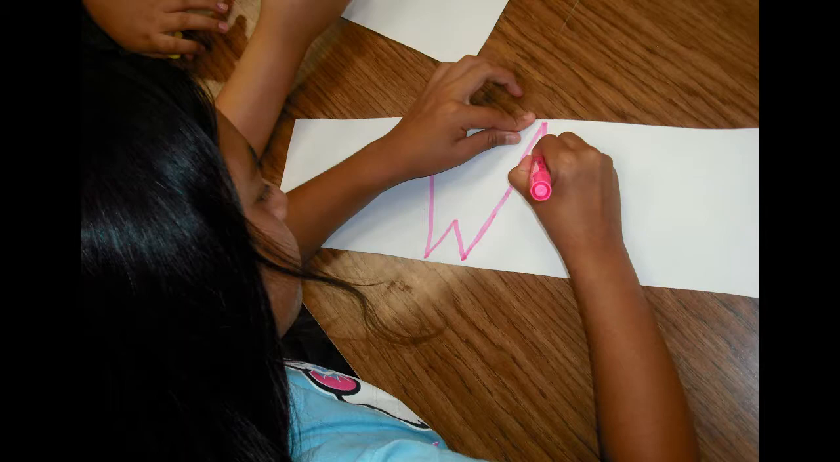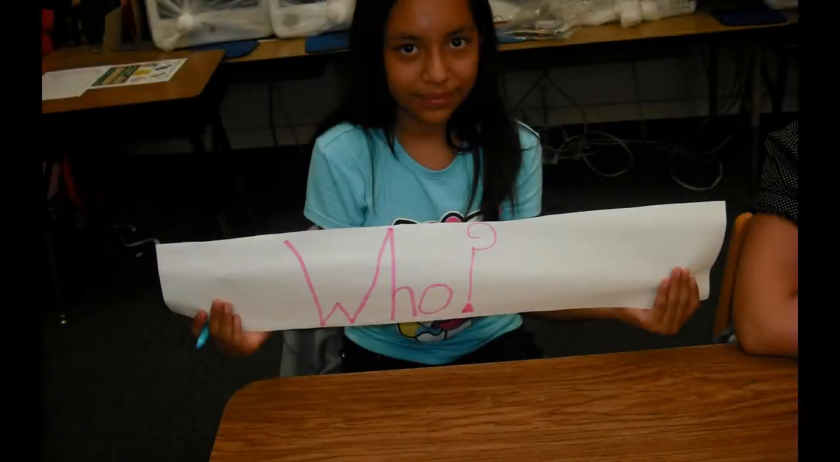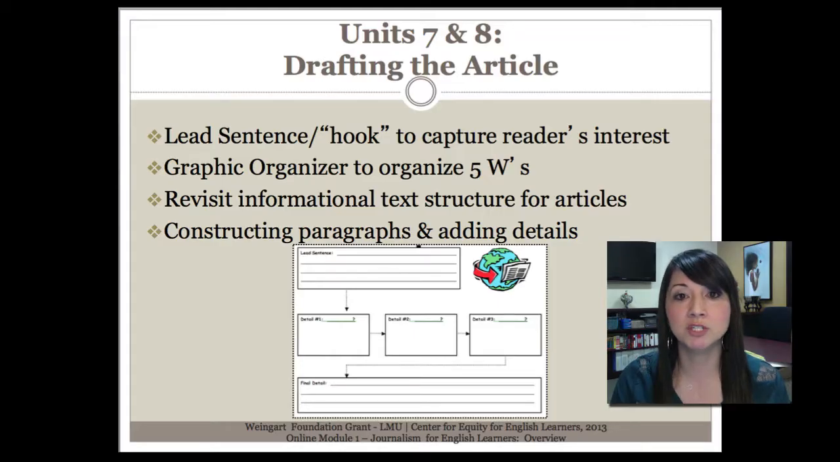In Unit 8, students use a graphic organizer to organize their ideas. This will assist them in writing the paragraphs in their articles. Revisiting informational text structures in Units 7 and 8 will remind students of the type of writing they should include in their article. Once students have completed the graphic organizer, students should begin to construct the paragraphs and add details